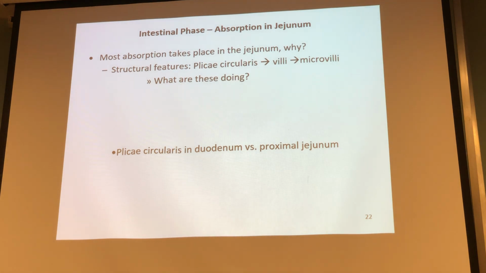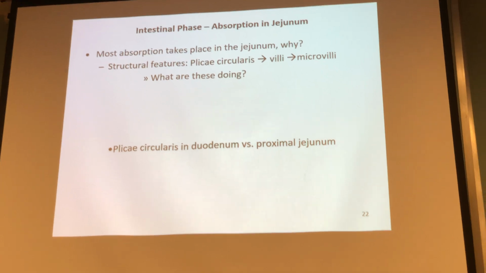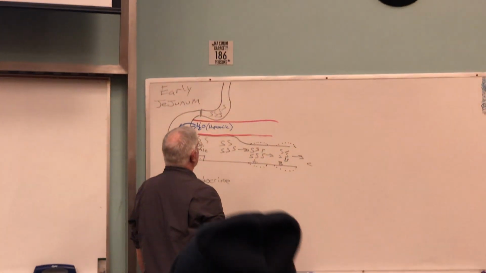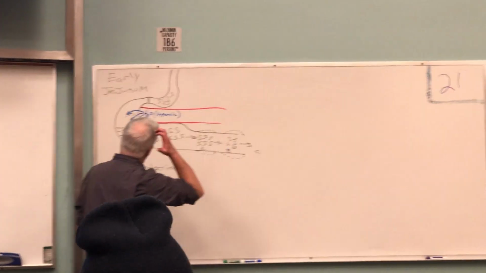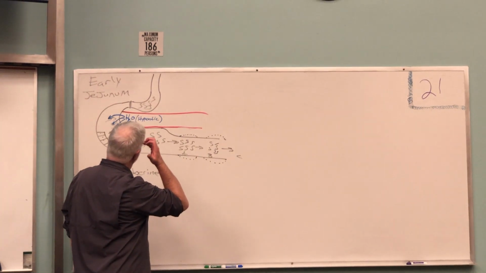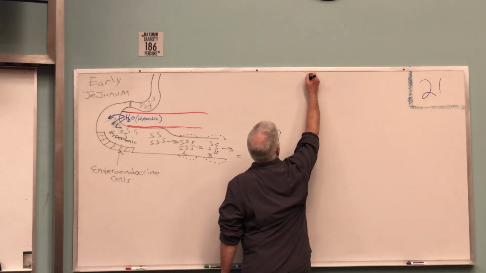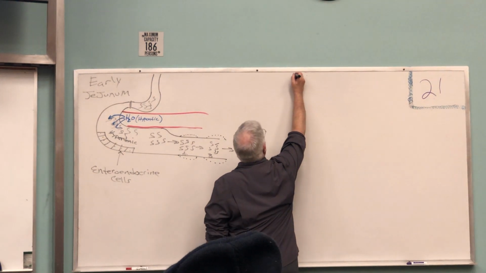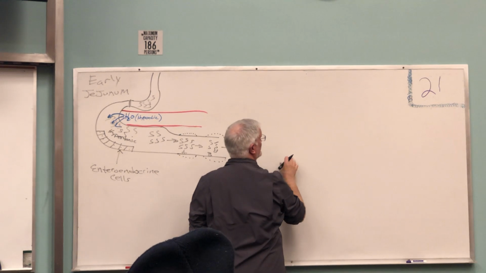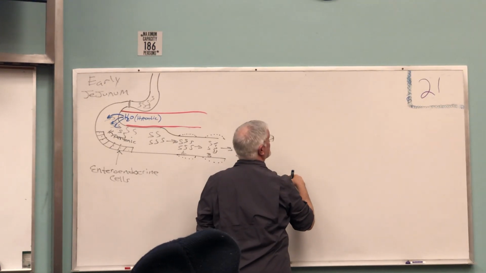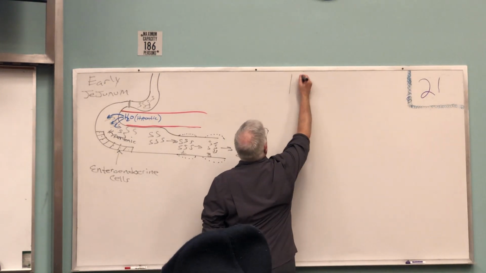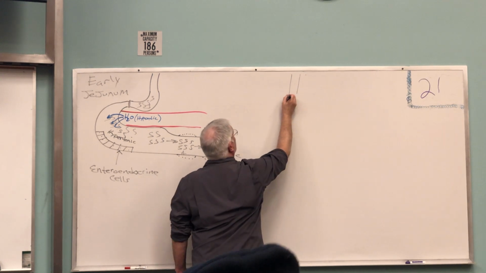Now with that, let's talk about that absorption of stuff happening in our jejunum. And let's, how to do this? I want to try to think of a different way of doing this. So let's go here. All right, let's do it this way. Try a new way of doing this. So,